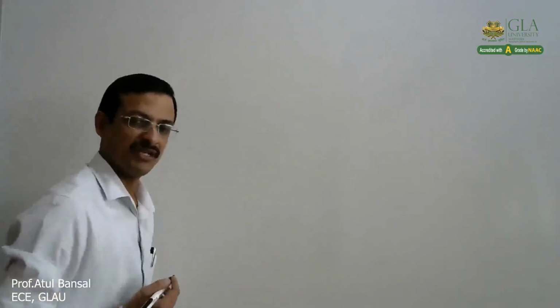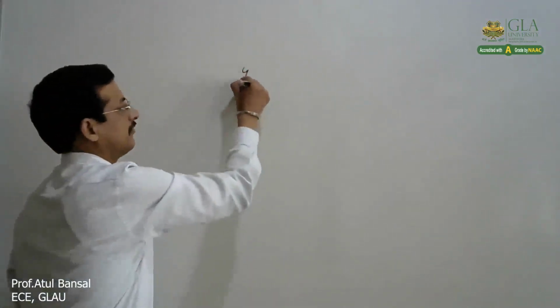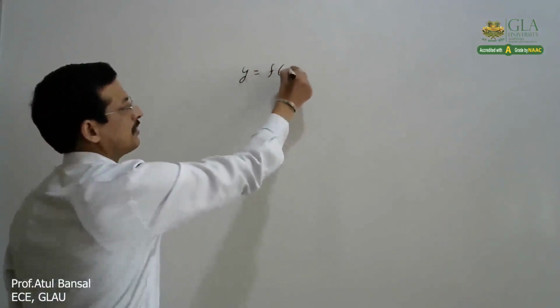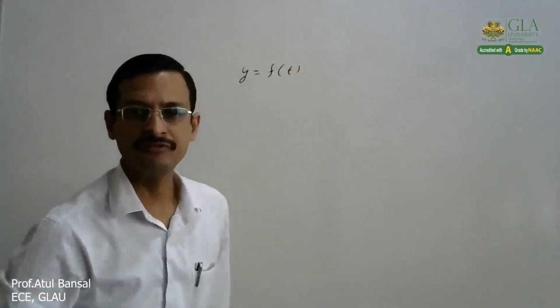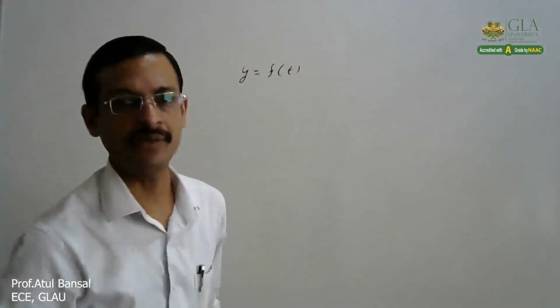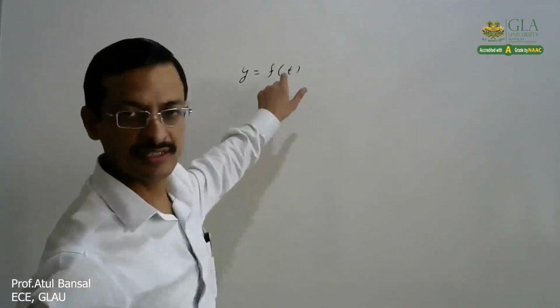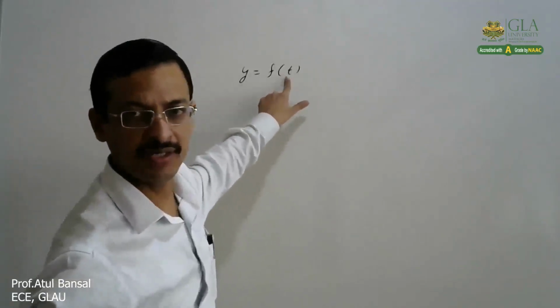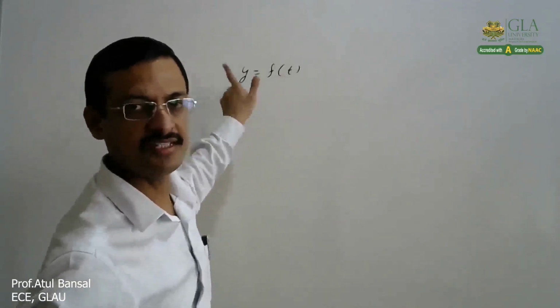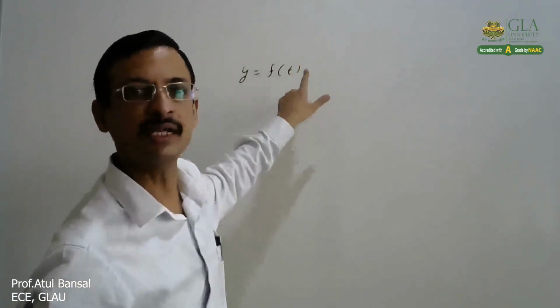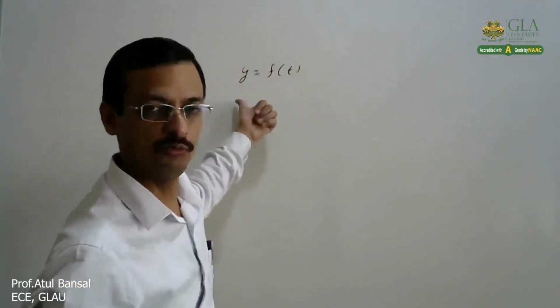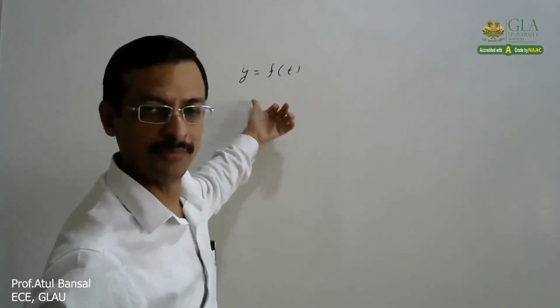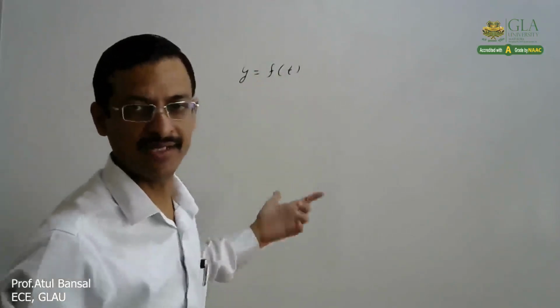Now, what do we mean by dependent variable? Dependent variable means the magnitude or the amplitude of the signal. Like in the first, we have defined that signal y may be defined as the function of independent variable time t. So this is the independent variable t, and the dependent is that it is depending on this time t. That at particular time, what would be the value of y? What would be the magnitude or the amplitude of y? So that is called the dependent variable.